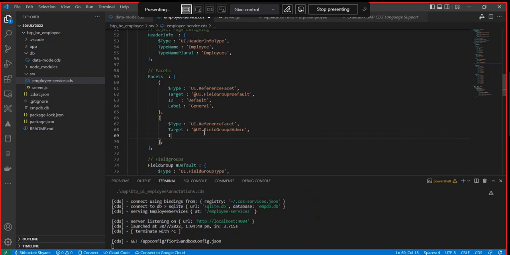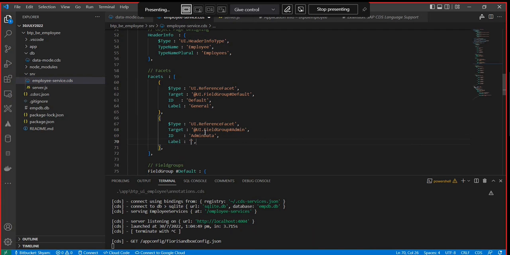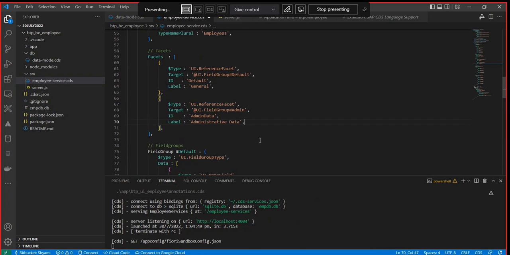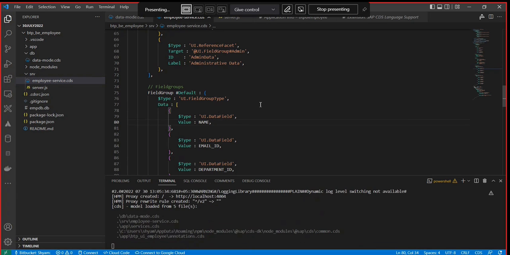Okay, and I'll generate an ID for this. This says admin data just to keep it uniform, or I can keep it unique. And I'll map a label to it, which would say administrative data. If I just save this,